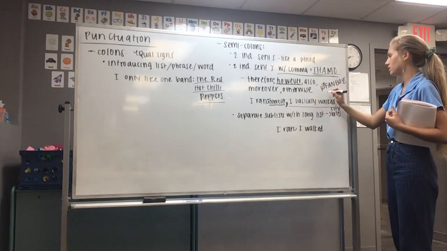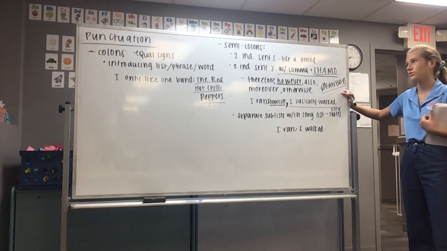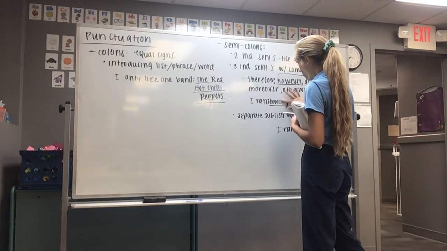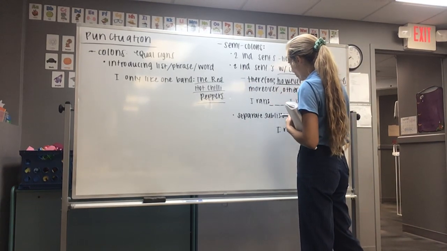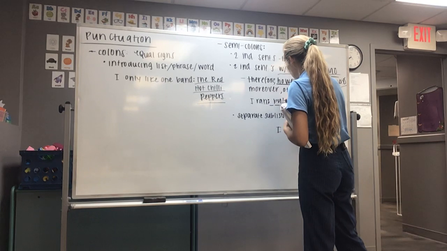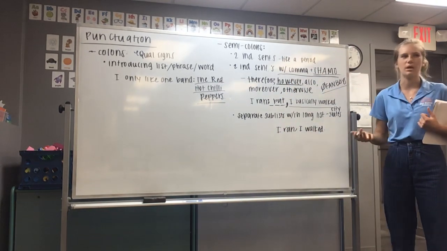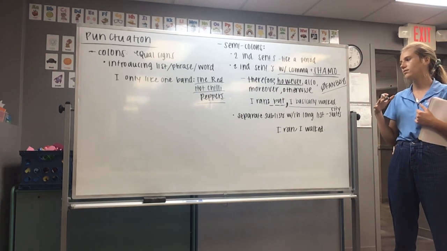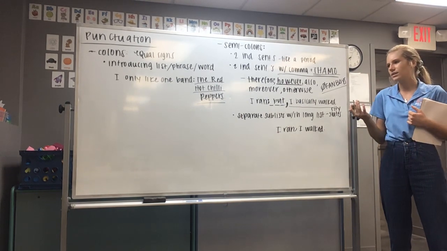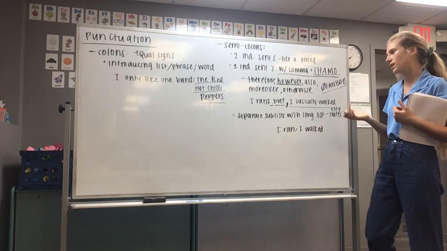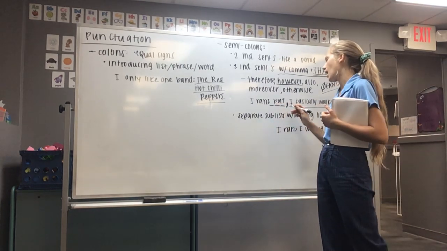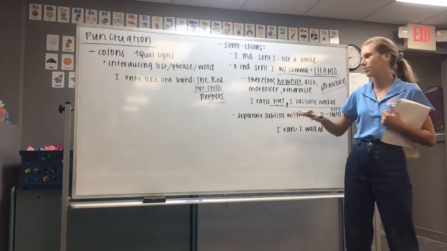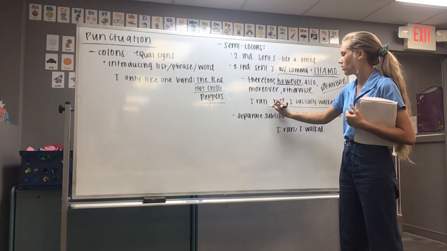Yeah. Okay. And I guess I didn't really mention this, but I probably should have. You can't use fanboys in this same format. So, however and but kind of mean the same thing, but you cannot say, I ran, but I basically walked. And I don't know the exact reasoning behind that, I just know it's incorrect, but I would imagine it's because if this semicolon acts almost like a period,